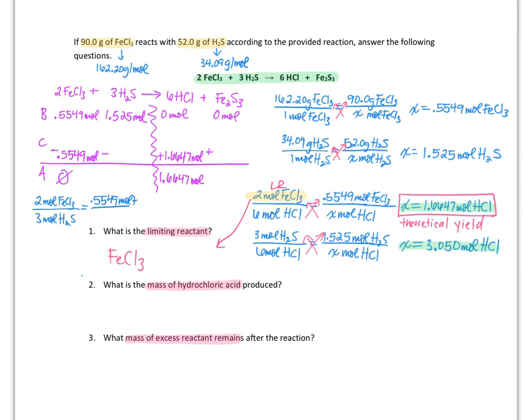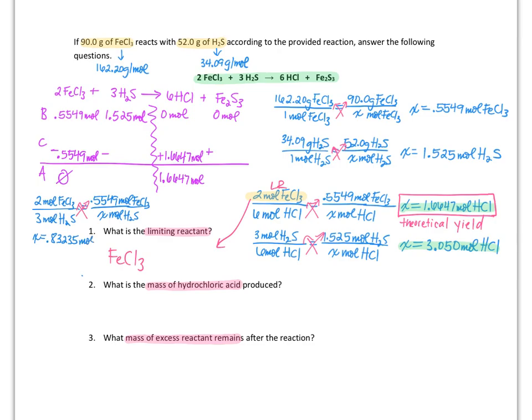That is FeCl3, and we're looking for moles of H2S. Okay, cross multiply and divide to solve for x. We're going to get x equals 0.83235